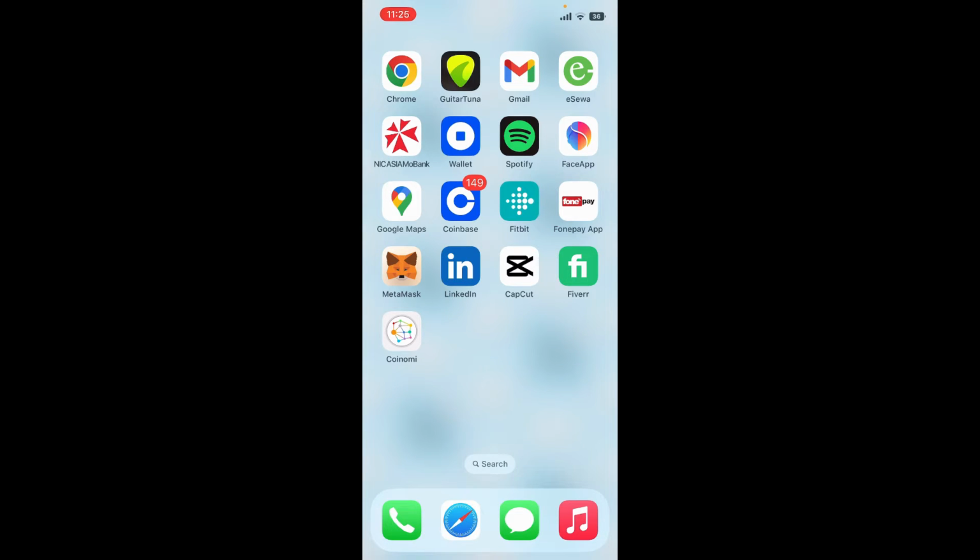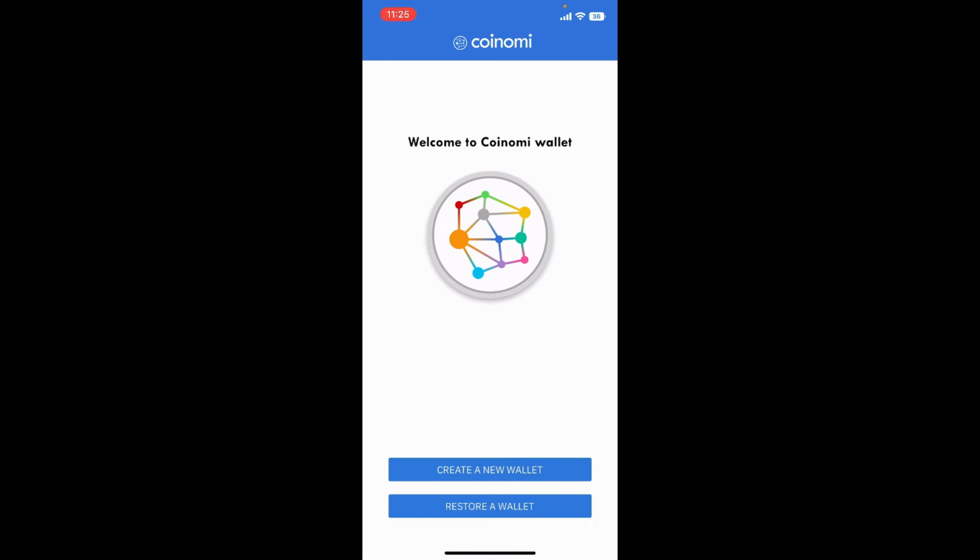To log into your Coinomi wallet, make sure that you've downloaded the Coinomi application first on your mobile device. Once you have it, give it a tap to open. From the main homepage of Coinomi Wallet, you'll be able to see two options. To create a new wallet, tap on Create a New Wallet button, or to log into an existing wallet, tap